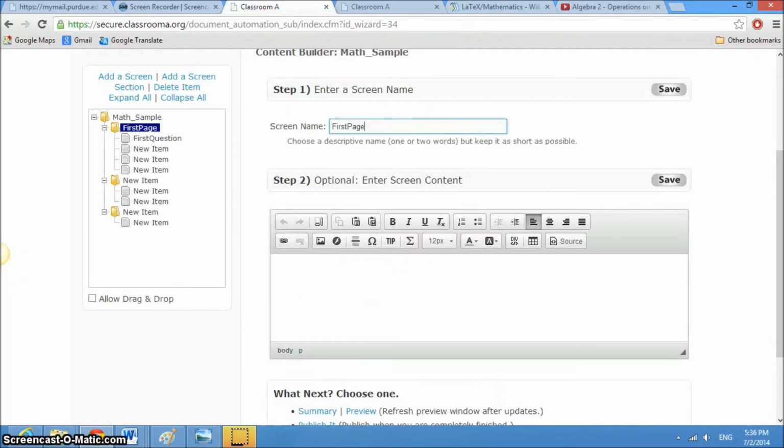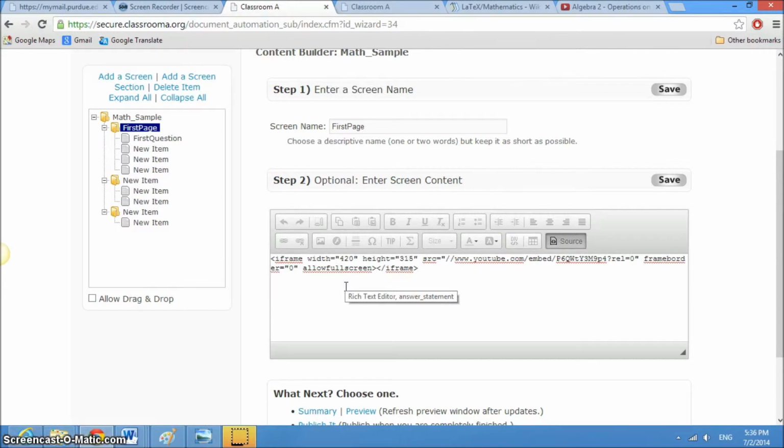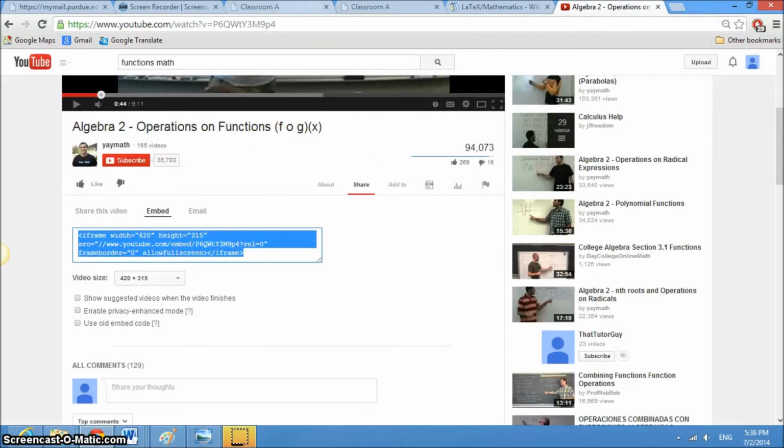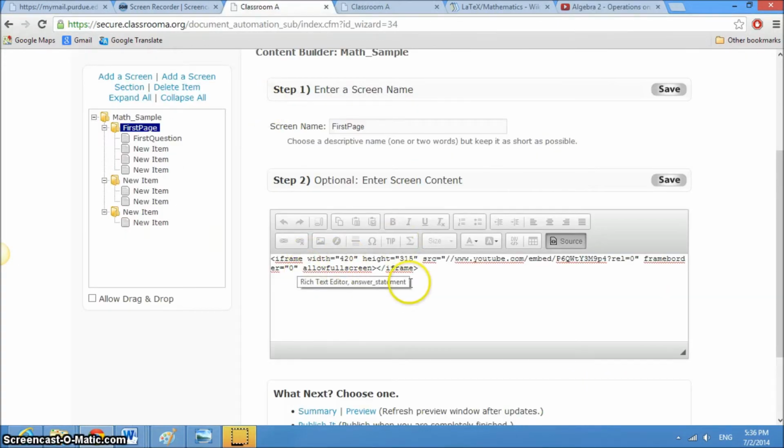And you come back to this page, and over here where you enter your content, you click on the source button and you copy the code that you found on this page. So I just copied this here, and just make sure that before, see, this was the page that I actually found this code. What you do is enter the security